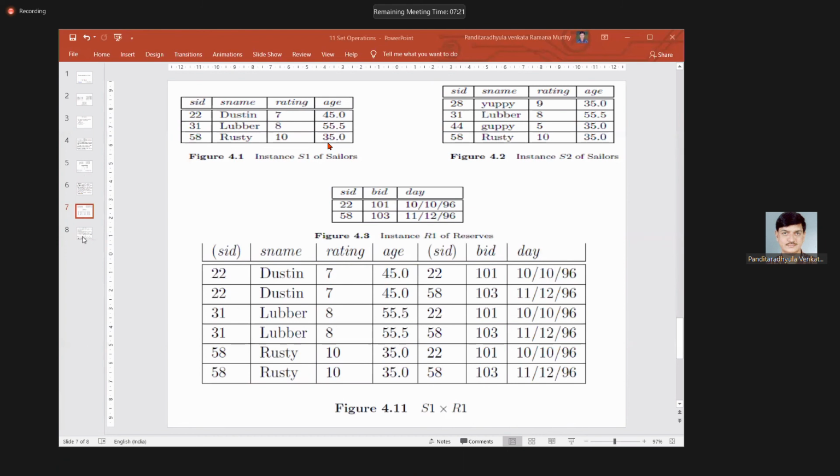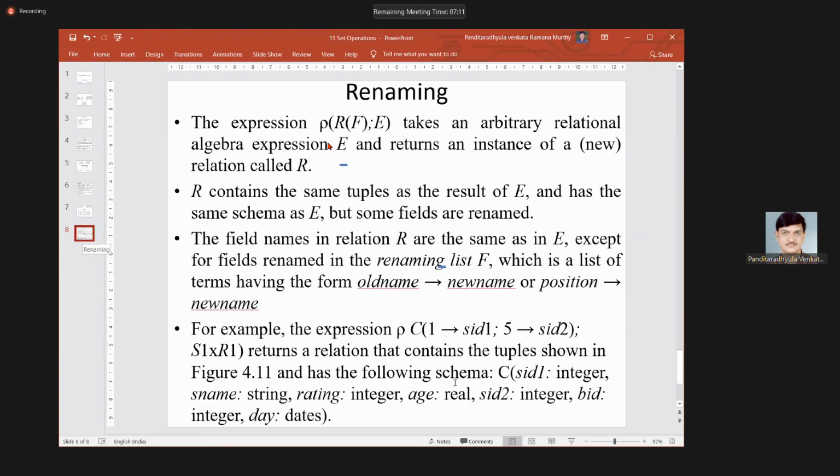Similarly, in the last class I think we already identified rename. Here it is not necessary, but sometimes, for example, after getting the Cartesian product, the first column is named SID and the second is also SID. Can we have two columns in the same table with the same name? The values are different, but when dealing with them we get confusion about whether the SID value is from column number 1 or column number 5.